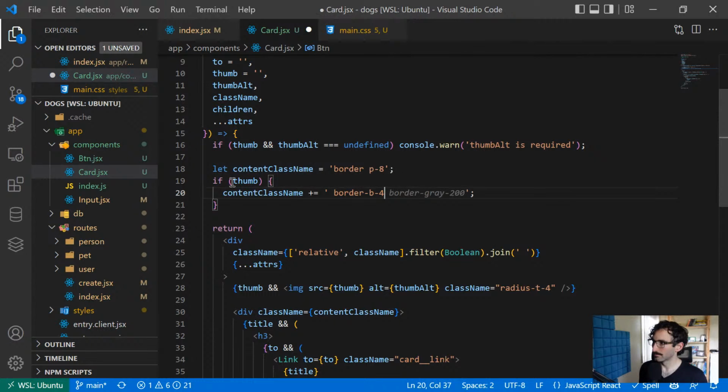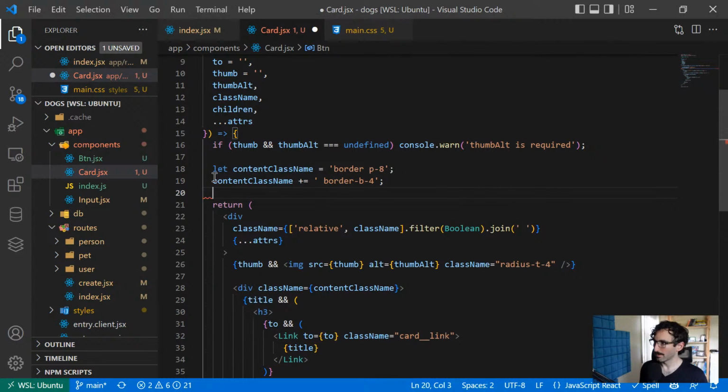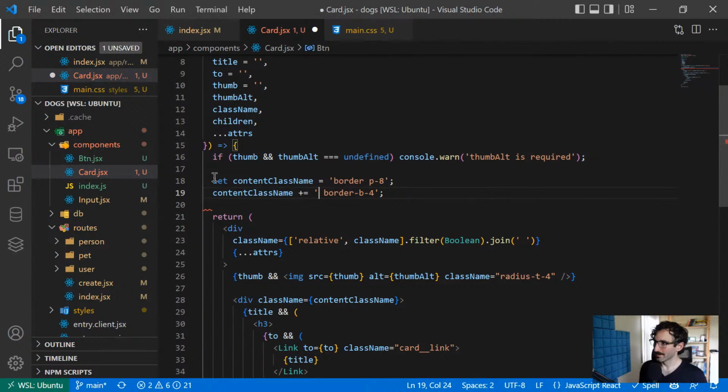I think we can just do this. Make it maybe a little bit simpler too. A little bit simpler by making it a little bit more complex. Plus equals the thumb inline ternary expression. If the thumb is defined, we're going to do border bottom. If it's not defined, we're going to say that it is